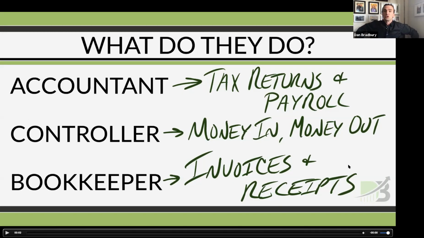And the financial controller will wash their hands and say, well, I was doing stuff based upon the invoices and the expenses that I was getting from the bookkeeper. Sometimes they blame the accountant as well for doing the tax returns wrong. So everybody blames everybody else, but it starts at the grassroots. Garbage in, garbage out. You can't get financial clarity unless your bookkeeper's dialed in to what's actually going on